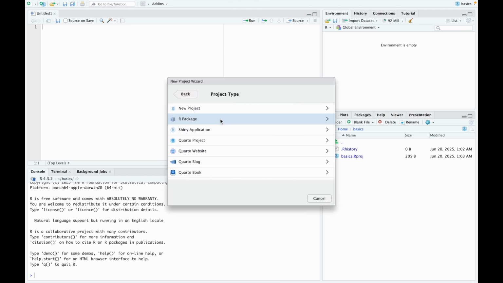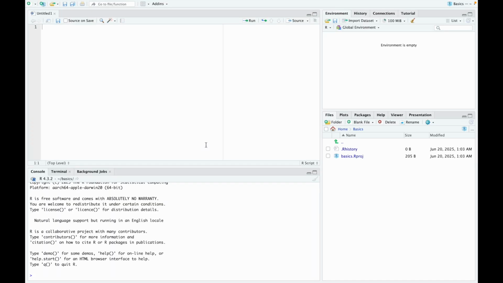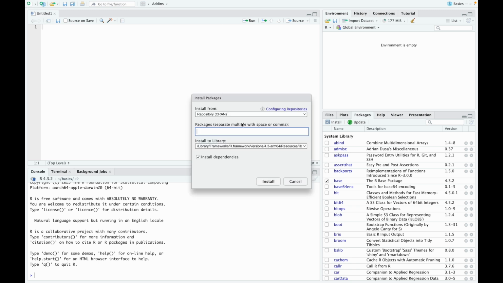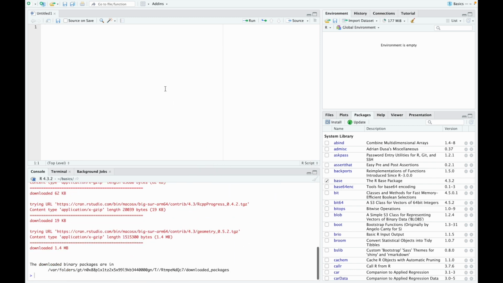Let's open a new directory, new project, and we'll name it basics. To get started, we'll begin with basic mathematical operations, and for that let's go to packages, install the package geometry, let's load the library,